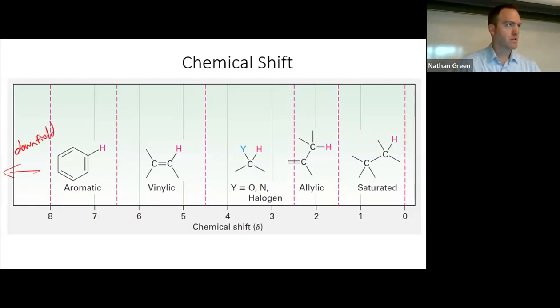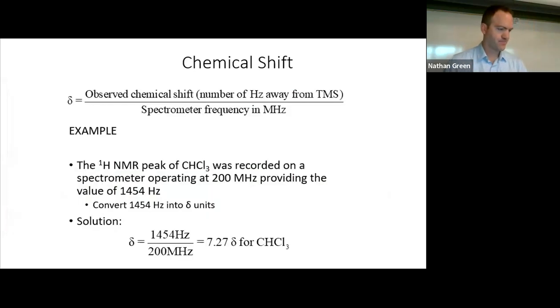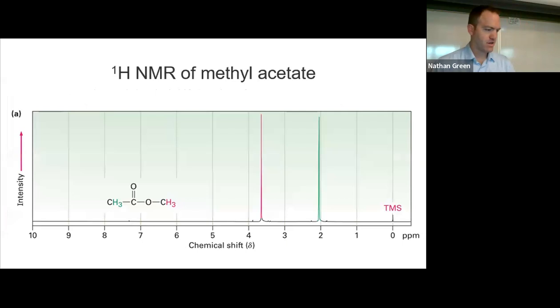And we'll cover those a little bit later on, but this is a general layout of what I mean. I have a lot of electron density, I am upfield, or I have very little electron density, I am downfield. This would show up as a peak over here. This would show up as a peak over here. The x-axis is going to tell us something about how many electrons are in the system. Don't worry about that. Here is an example of a molecule